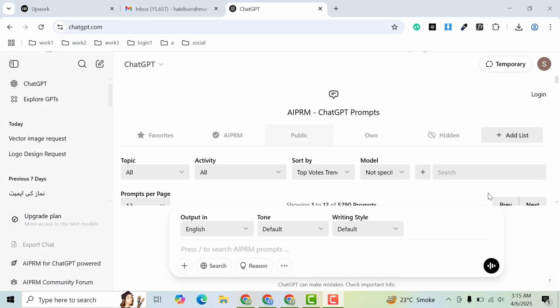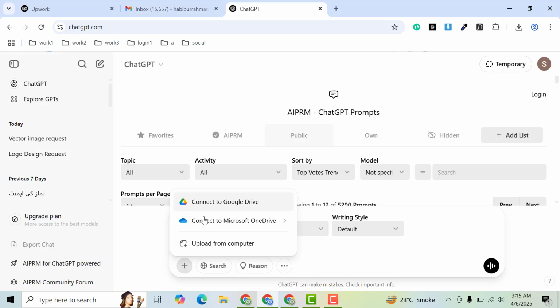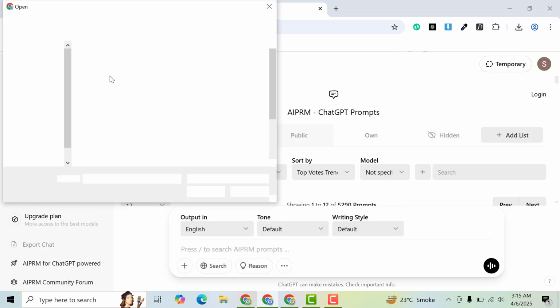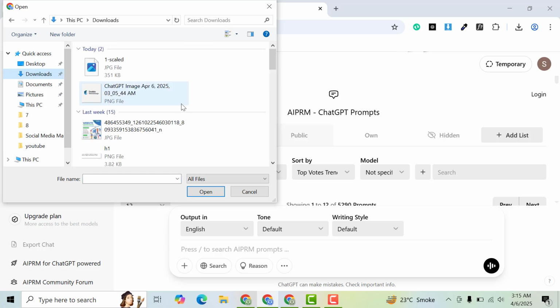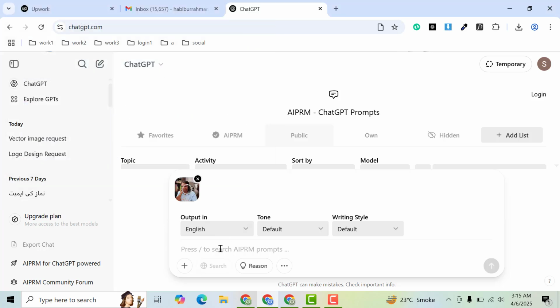In this video we are going to discuss how you can vectorize an image in ChatGPT. So first of all, let me select an image from my laptop, this one, and now here I need to type: please generate vector format for attached image. Then press enter